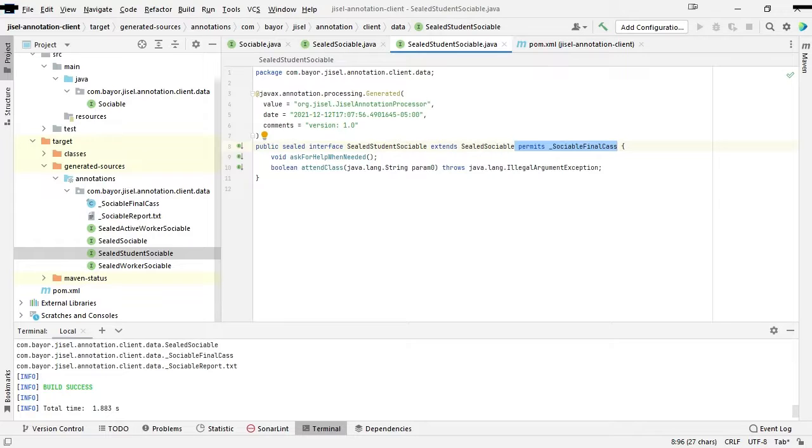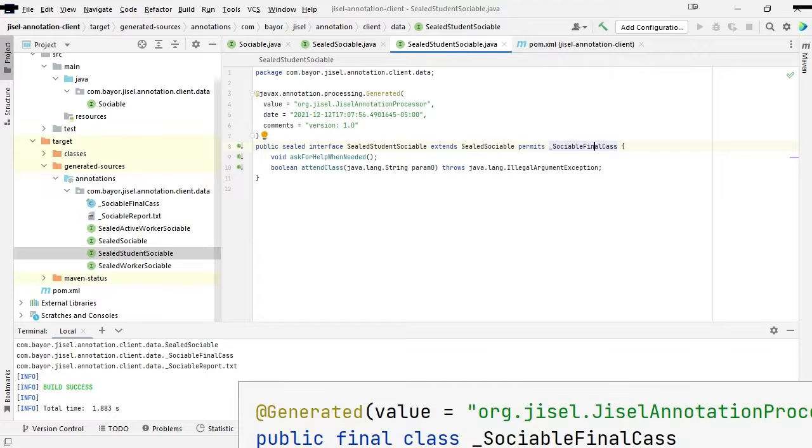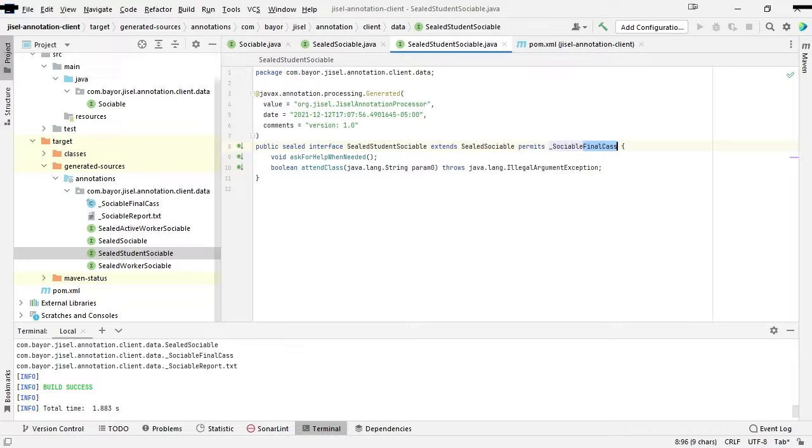So to avoid that, in addition to generating all the sealed sub-interfaces that we need in order to achieve the segregation principle here, we will also generate a final class which will carry the name of the large interface, in this case Sociable, followed with the suffix Final class.